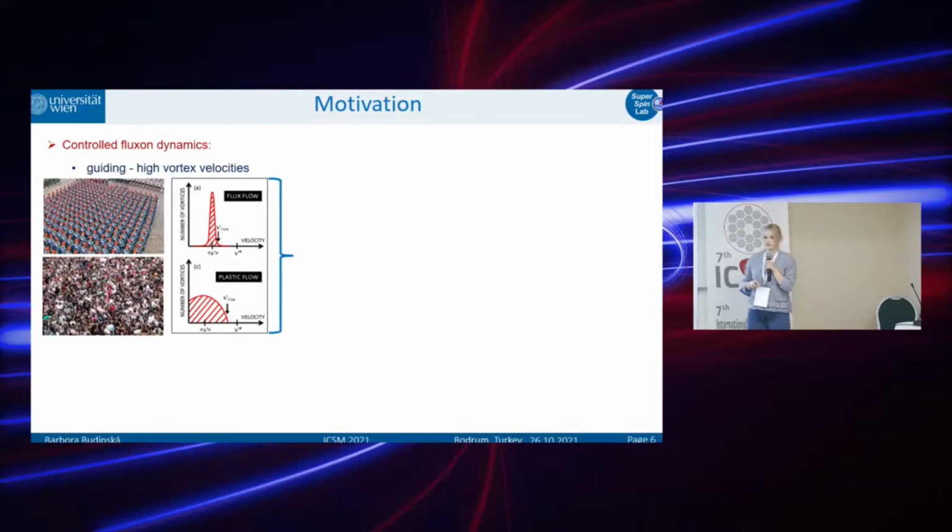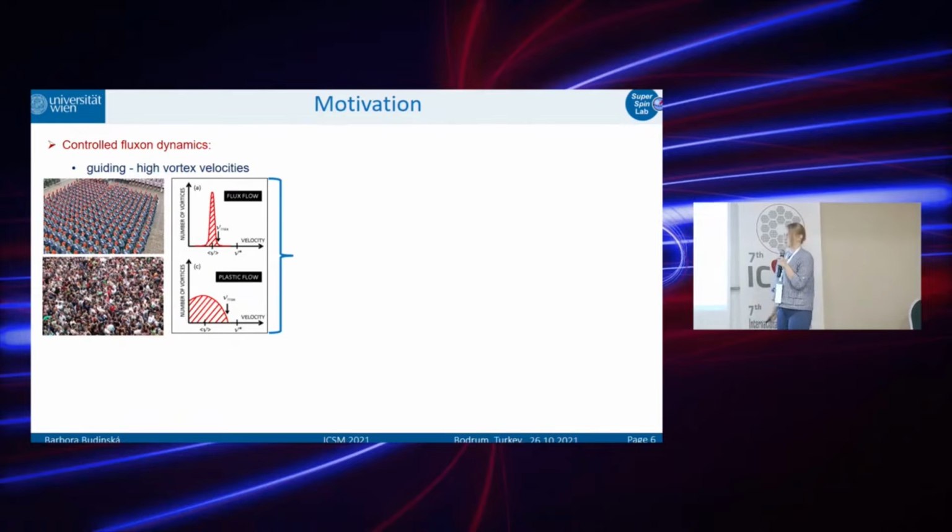Another thing, because we are influencing the vortex dynamics, we can achieve very high vortex velocities. The reasoning why ordered vortices cause high vortex velocities, I can explain later if someone is interested. But the question maybe that many of you have is, why would I even want it? For instance, the chair had a very nice talk previously. How can we improve pinning to pin my vortices? So why would I want to have high vortex velocities? And the answer is